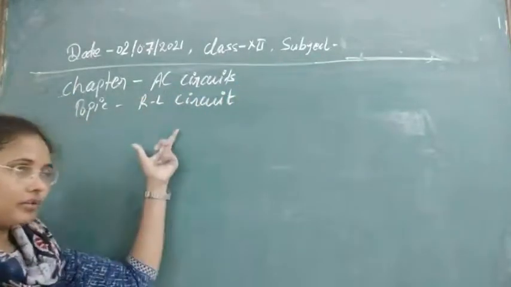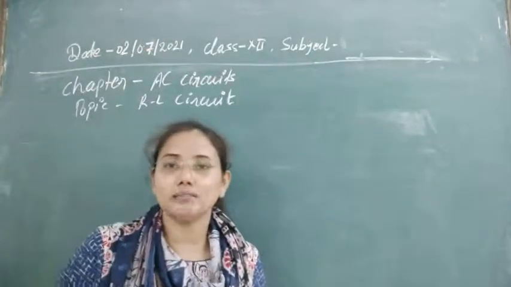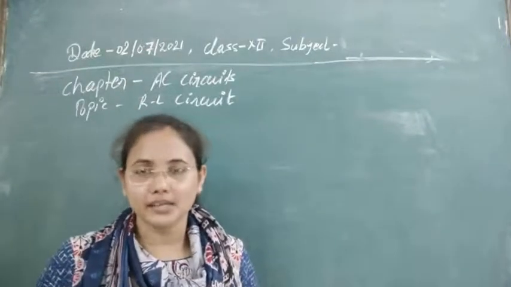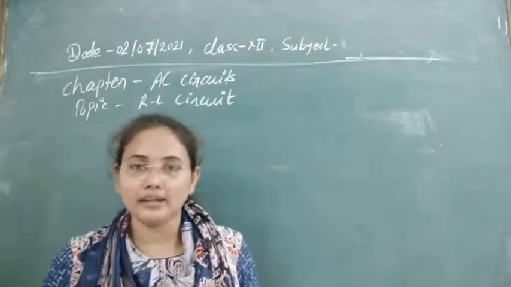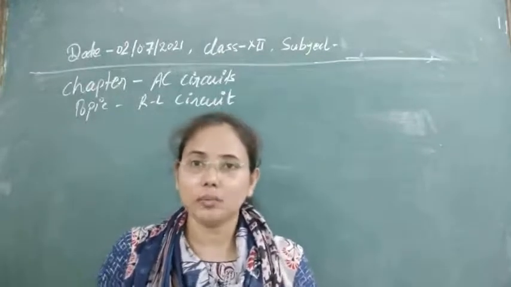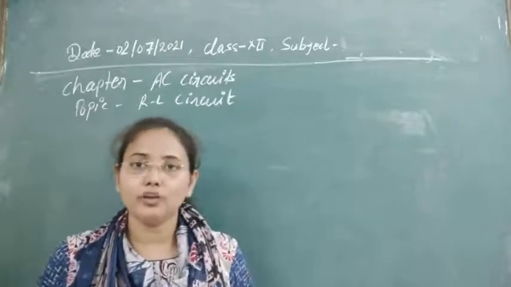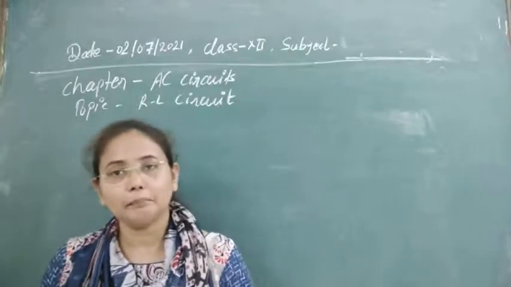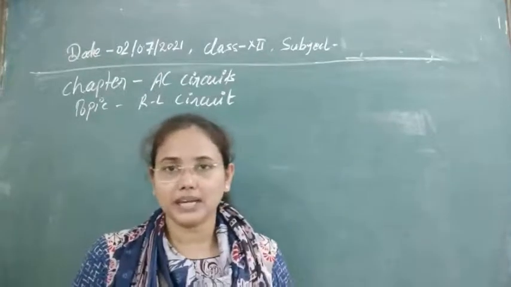Whenever you have two components, the combination can be done in two ways. First, you can connect the two components end to end, and such a combination is known as a series combination. And if you connect them at both ends, then they are connected in parallel combination. So first we will go for the series combination.